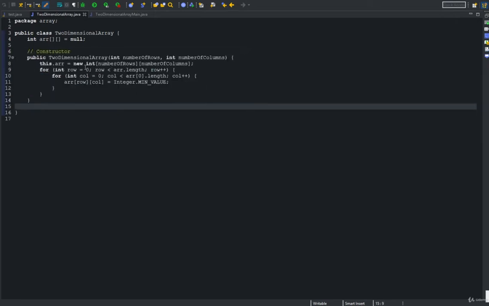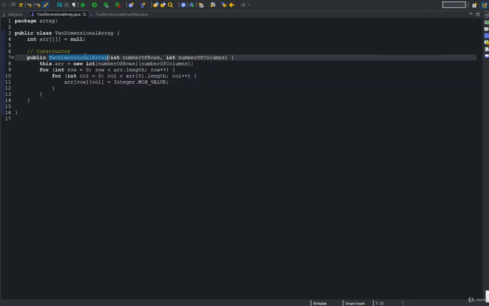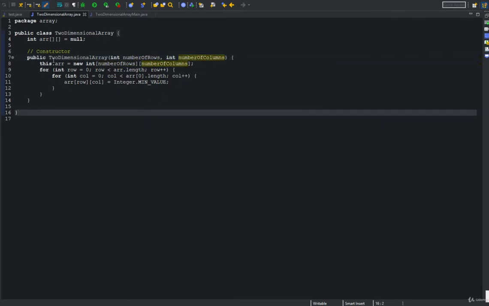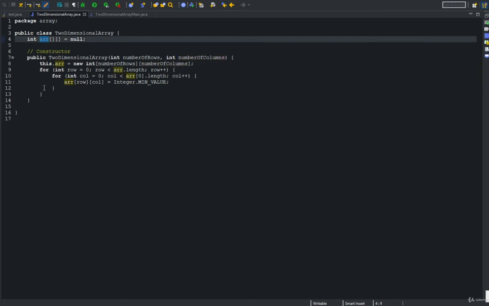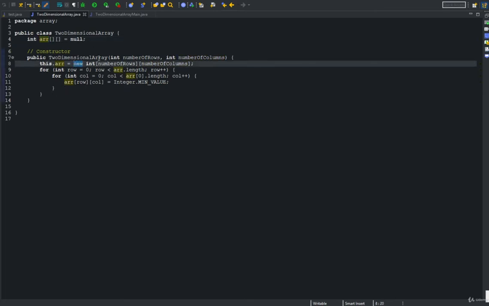So here we have a constructor method named TwoDimensionalArray. It takes the number of rows and number of columns from the user. What it does next is it says this.arr. That means the array over here is being called, and we are creating a new integer type array which is two-dimensional, having rows and columns as specified by the user.